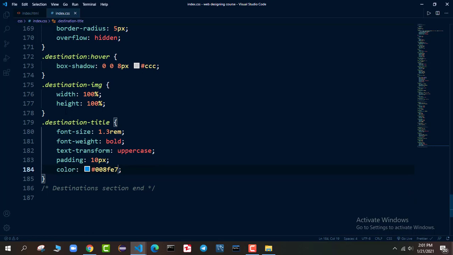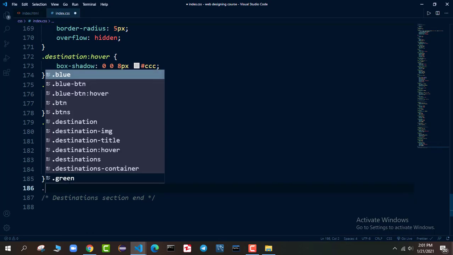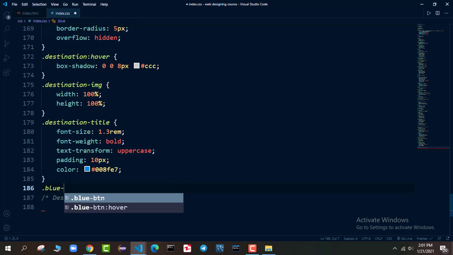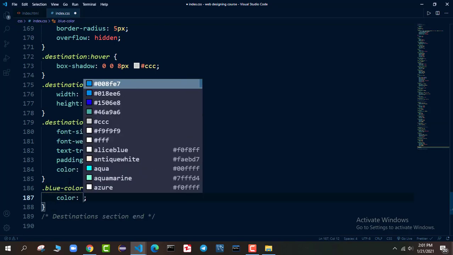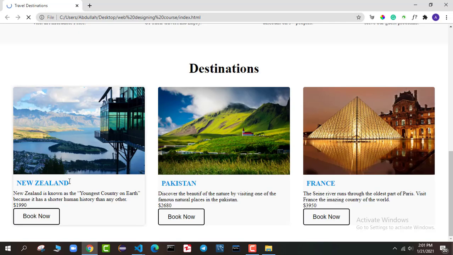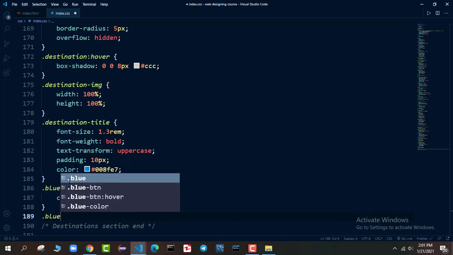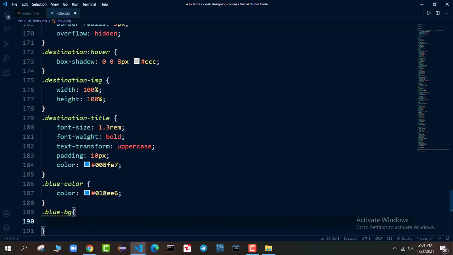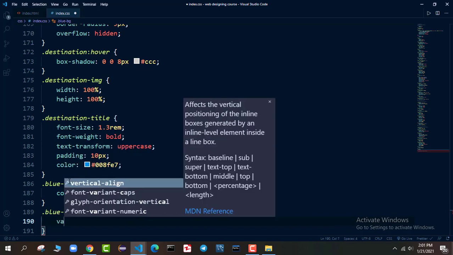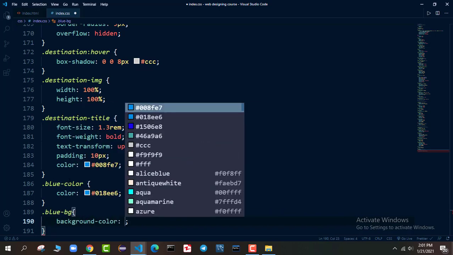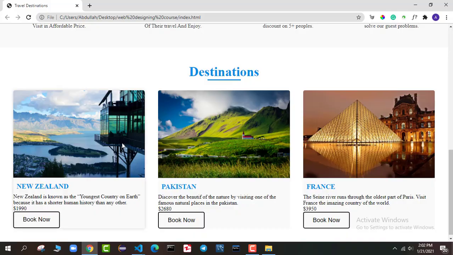Now another thing that we are missing is dot blue color. In the blue color we need to apply this color. So this will be dot blue background, and background color same, this one will get an underline there.